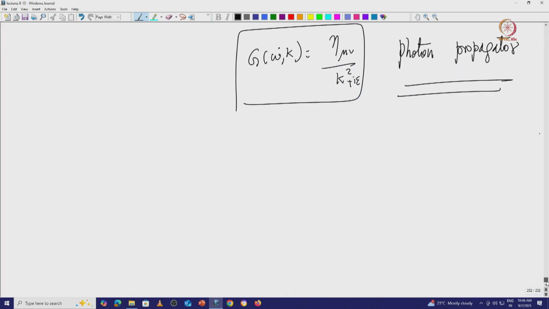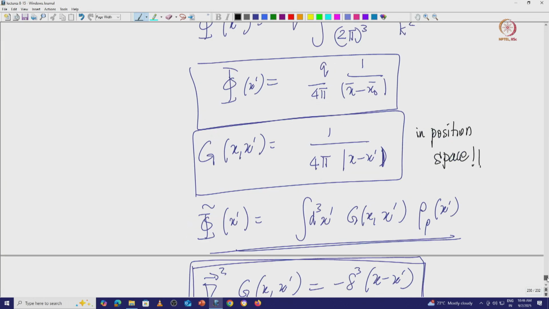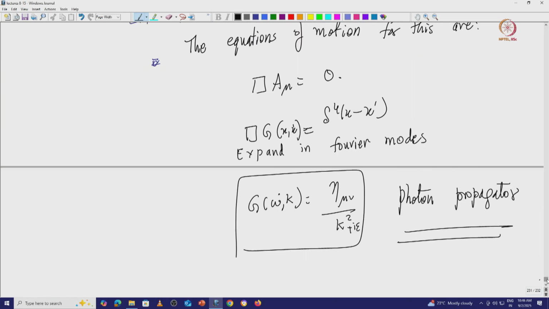Now in the relativistic case, if you do the same procedure in terms of the Einstein indices, you end up having eta mu nu also, because there is an A mu sitting here. If you do the same thing with A mu, you need to put in a g mu nu, and you end up having an eta mu nu on the top essentially.